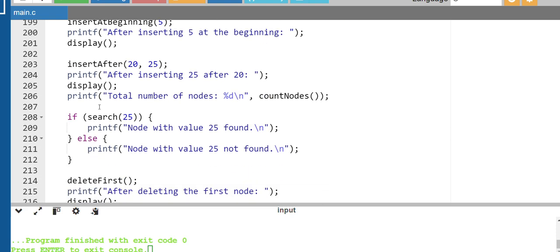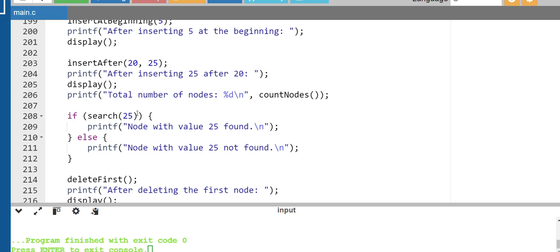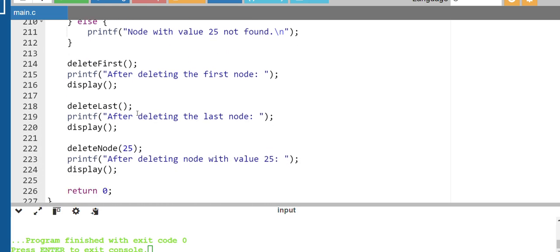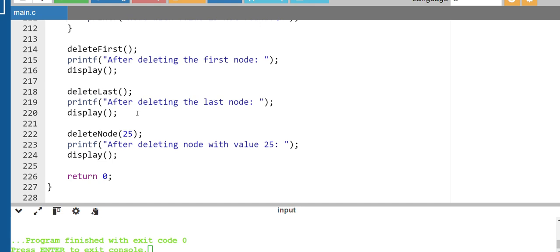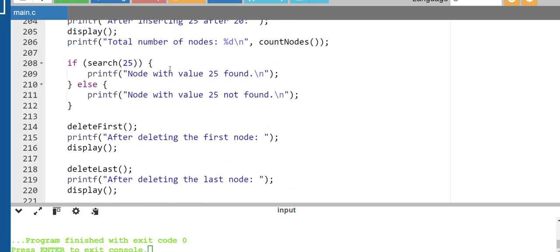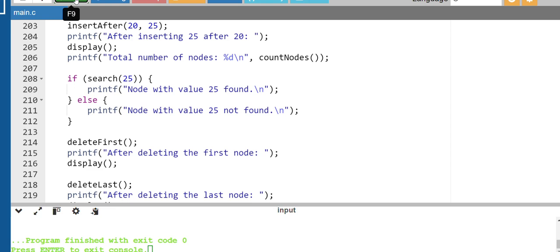After that, we are searching for 25, whether it exists in the list or not. Then we have demonstrated delete first function followed by delete last, and then delete node. And after each function, we are displaying the list. So let me just run this code,